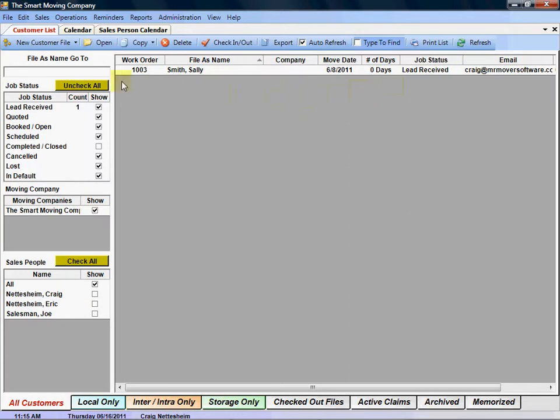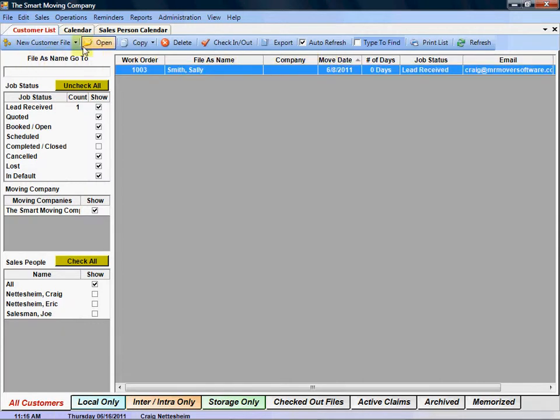We also supply you with a go-to field, where you can start typing in what you're looking for, and we will bring you to that particular record within the customer list. Depending on what column you have highlighted, in other words, we're on file as name right now, it says file as name go to. If I click on the move date column, it will change it to